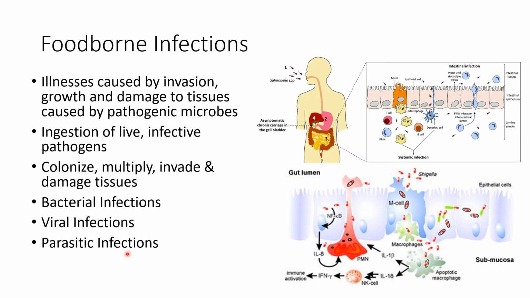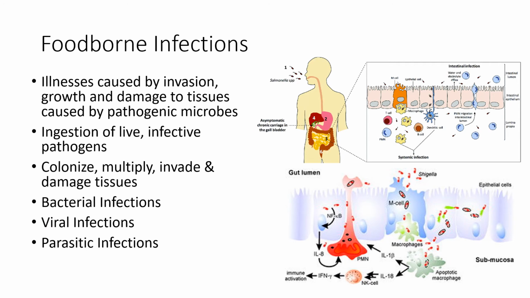Now, let's move on to the second part of this presentation. So again, here we have your foodborne infections. As the name implies, these are caused by infections of microorganisms that may cause invasion, growth, and damage to tissues in your GI tract. So ingestion of live and infected pathogens is the route of infection. They colonize, multiply, and invade, as shown here, your GI tissues, your GI lining, and